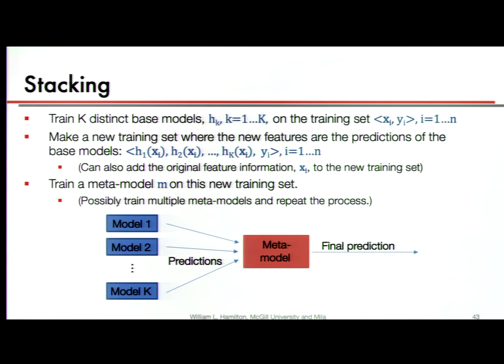So in fact, stacking actually generalizes bootstrap aggregation, because we could use bootstrap aggregation to train these different k models. But say we train these k models: one's an SVM, one's a logistic regression, one's naive Bayes, there's some nearest neighbors using different numbers of nearest neighbors. We train a whole bunch of them. Now, using each of these k models we've trained, we're going to make a new training set where instead of having our usual input features, our features for all of our training points are the predictions made by the previous models.